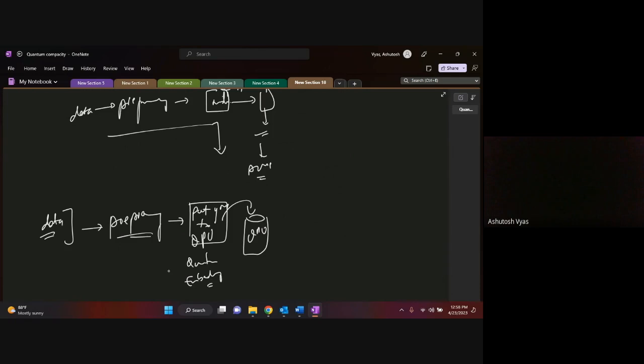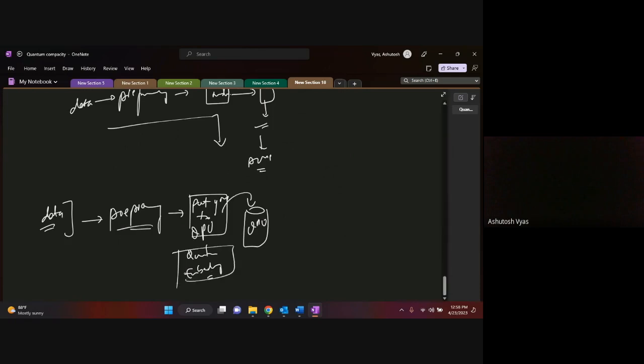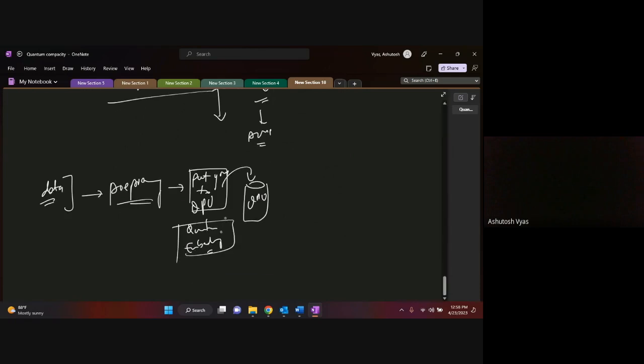So this is a new concept. I'll share some links right away with all of you to look into this. Quantum embedding basically helps you feed your information properly into these small qubits. Otherwise, your classical data is not acceptable directly to qubits. So that theory you will have to look into, followed by some type of measurement. You will extract these values, check them based upon some loss function which you have created, and then update the weights.